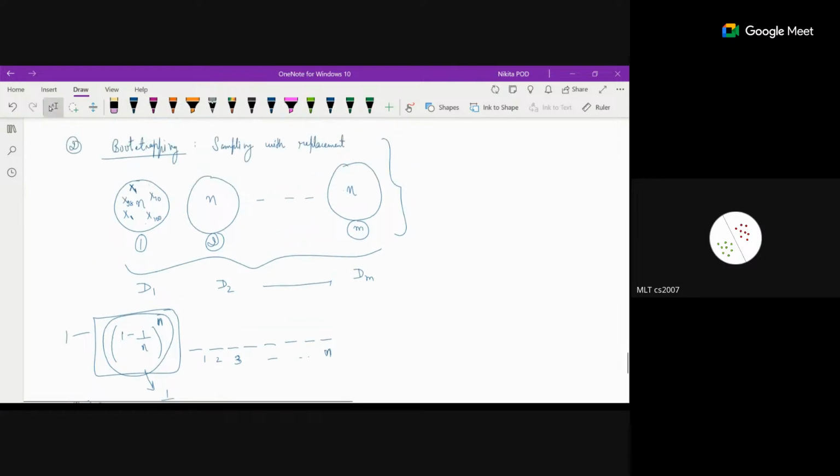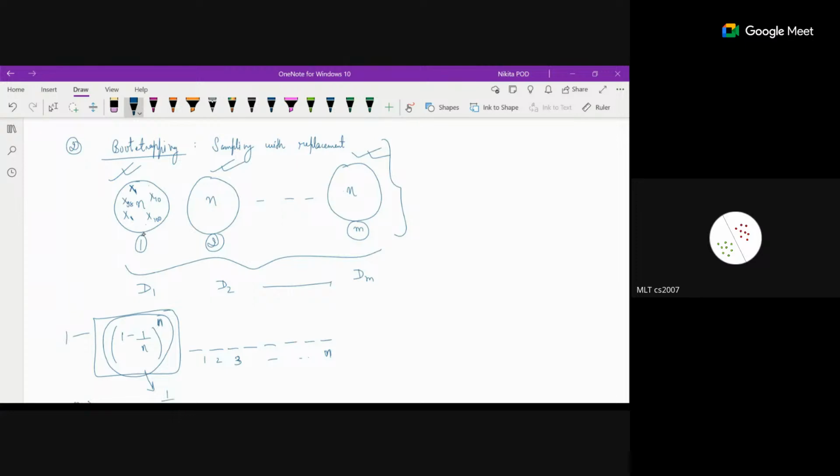Now, since the way we have picked out the data points in each of the bags is using this bootstrapping technique, the data set that you're going to get in each of the bags, D1, D2 up to DM, are all going to be in a way different from each other. They're not the same, right? So for every different data set you're learning a weak learner, you're overfitting a weak learner, then in that case